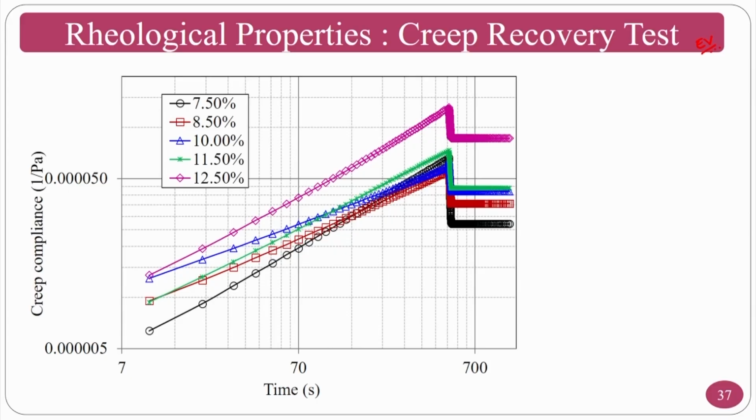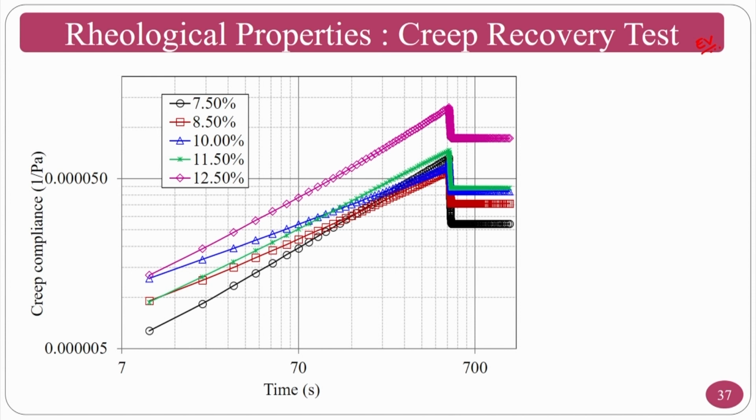Now, as we know that the medium is a viscoelastic medium, we have to understand what is the viscous percentage and what is the elastic percentage in the medium. For that purpose, we have to do the creep recovery test. The creep recovery test means you have to load or strain the sample for a time and then release. Now, it will undergo the viscoelastic change as well as elastic change, and the remaining will be viscous.